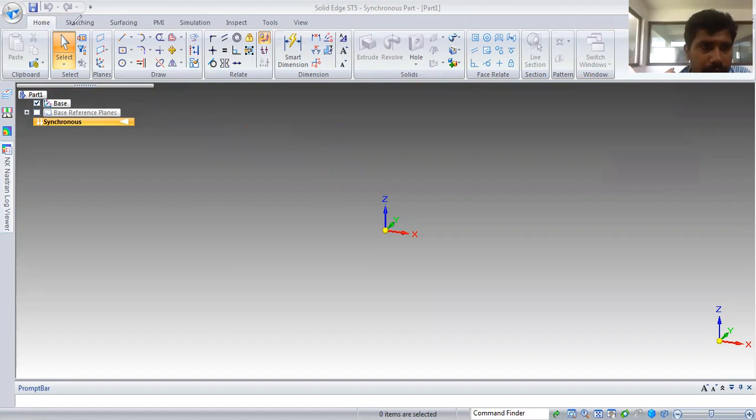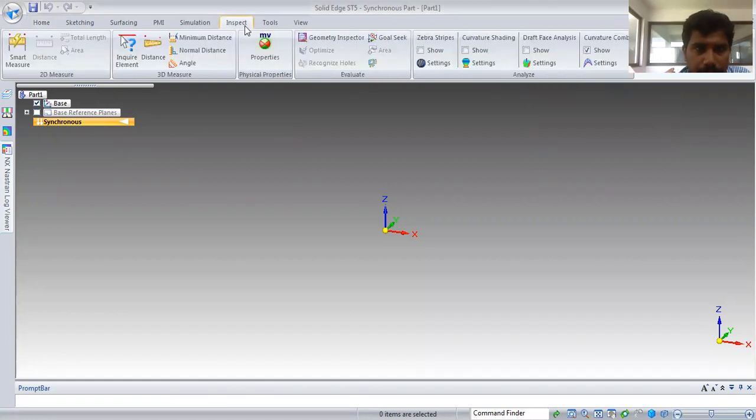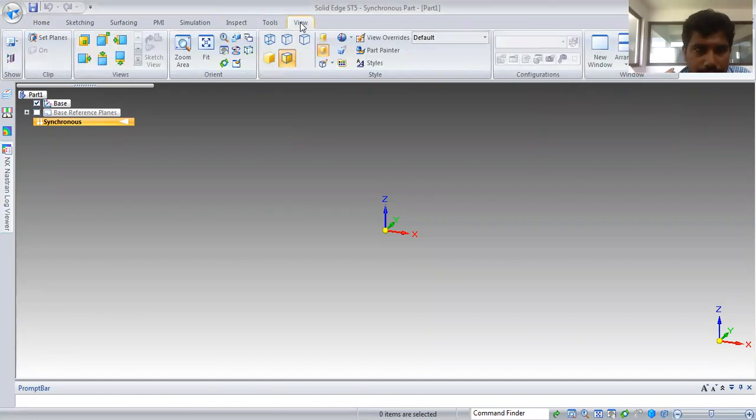Here we have various drawing tools: Home is there, Sketching is there, Surfacing is there, PMI is there, Simulation is there, Inspect is there, Tools is there, and View is there.